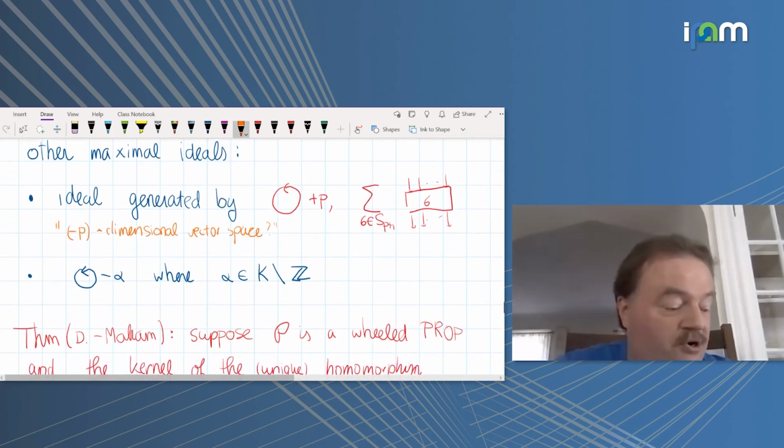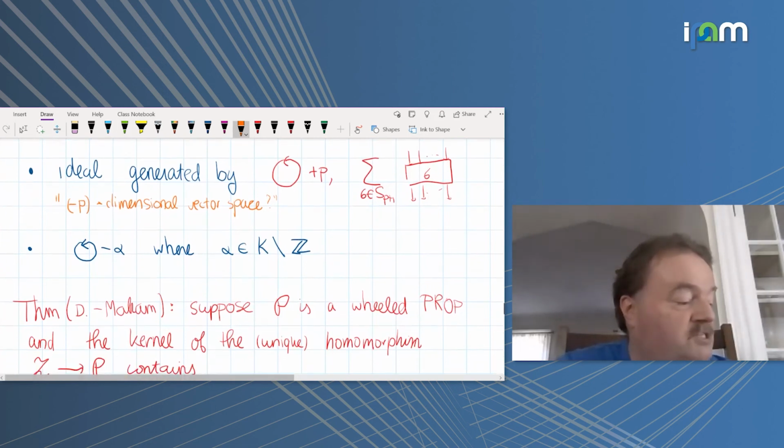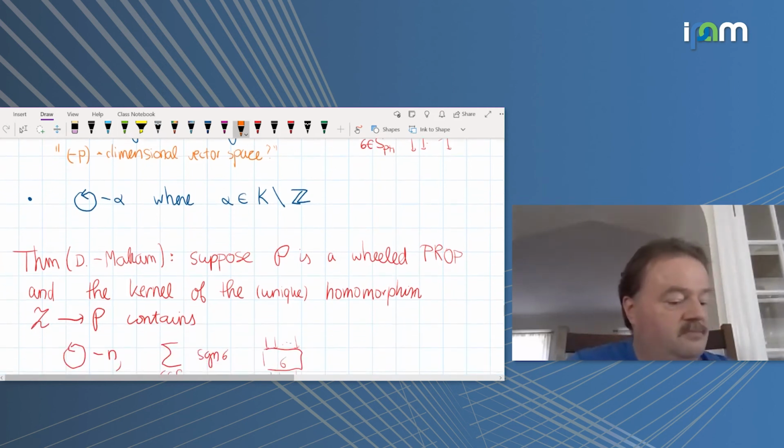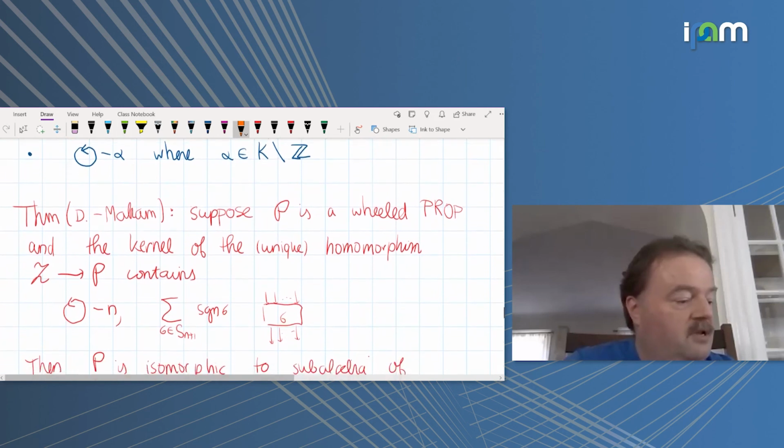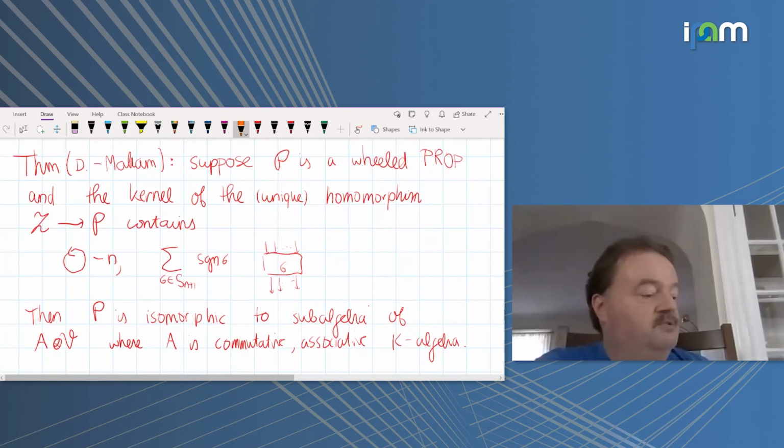But there are actually also models that one can construct. And then there are also prime maximal ideals that basically say that the dimension is equal to alpha, where alpha is not an integer. And so we have here another converse. This result says that if we start with a real prop, and so P is an arbitrary real prop,